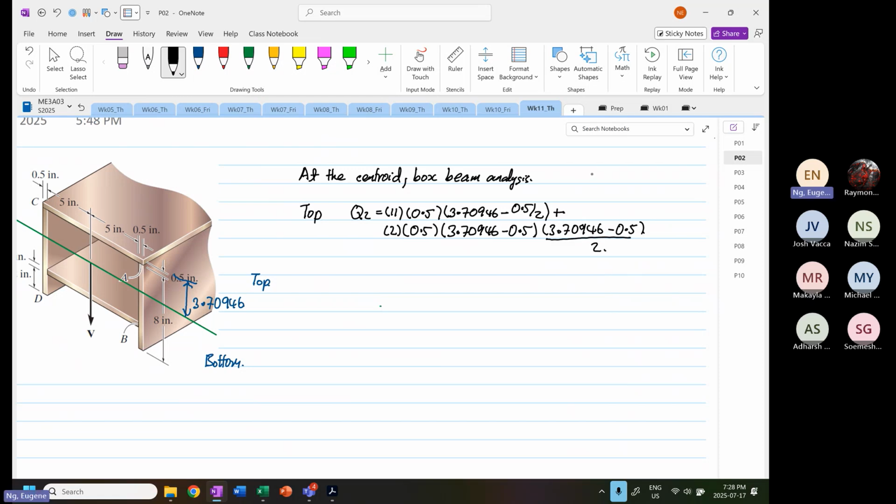So the standard form of the formula is Qz is equal to width times depth times y bar. So to write down here, this is our width, this is our depth, this is our y bar. This is our width, this is our depth, this is y bar. The 2 over here is for the left and right. Okay, so this will be equal to 3.70946 minus 0.5 divided by 2, 10.5 times 11 is equal to